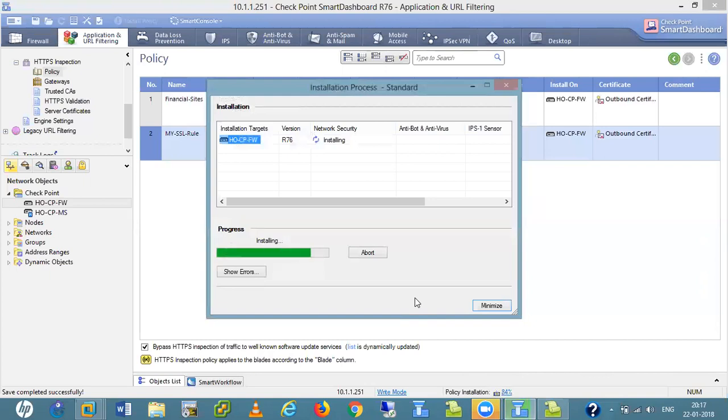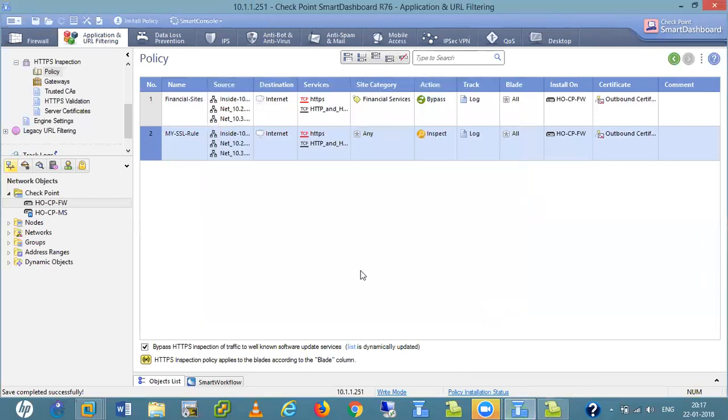Can you explain clustering in Cisco also? This failover. Failover is a clustering. Yeah, I know failover in ASA, active standby failover, but I don't know clustering. No, it's the same. Clustering is the same as failover. See, the thing is, Cisco gives the name failover and Checkpoint gives the name cluster. That is the difference.